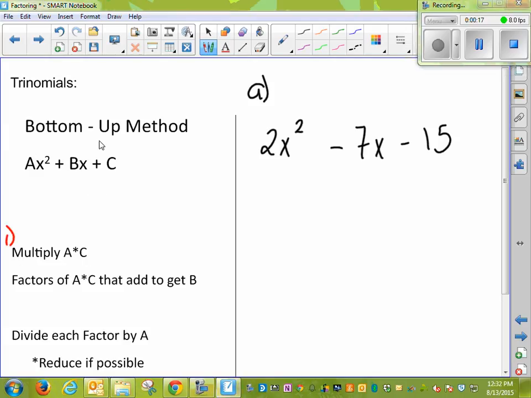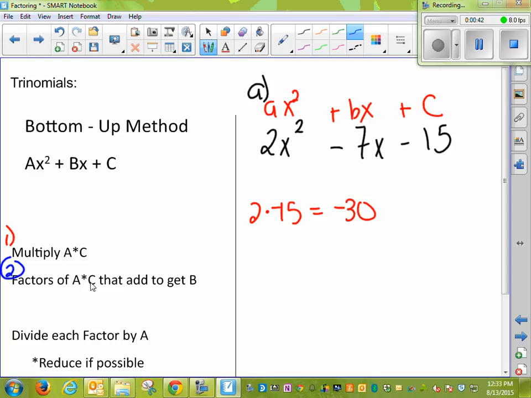So over here, I have the basic form of any quadratic equation, or formula, sorry. It's ax squared plus bx plus c. So taking a times c would be 2 times negative 15, which will give me negative 30. Step 1. Step number 2, I need factors of a and c, which was negative 30, that add to get